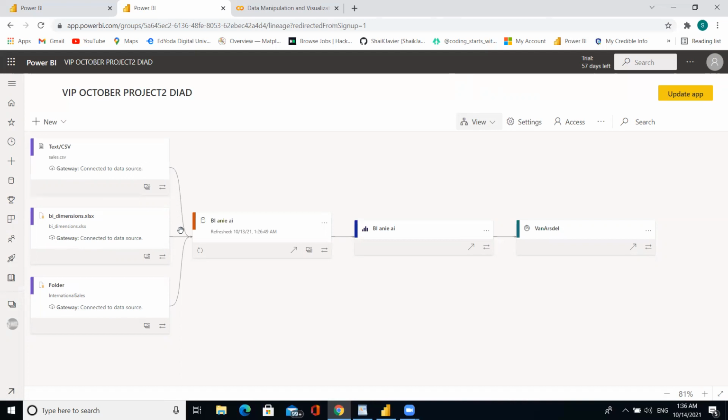We get the dataset here. We can edit the data in the Power BI query editor, and we created the dataset and gave it the name Power BI Intelligence AI. Later we created the reports, and from those reports we created the dashboards. This is the total view. You can see it here by clicking the view. This is about it.